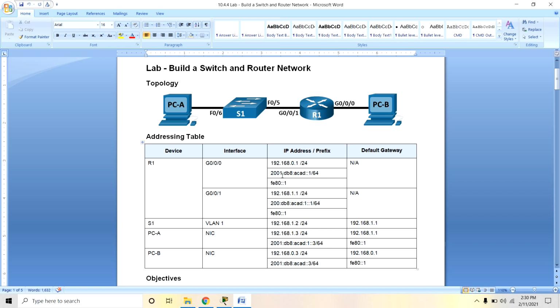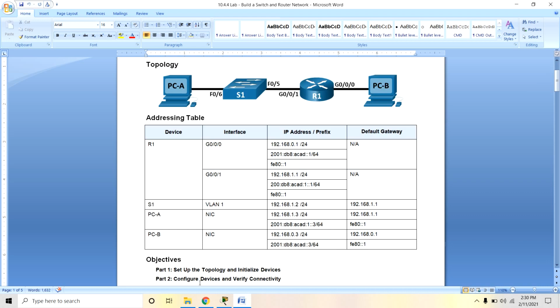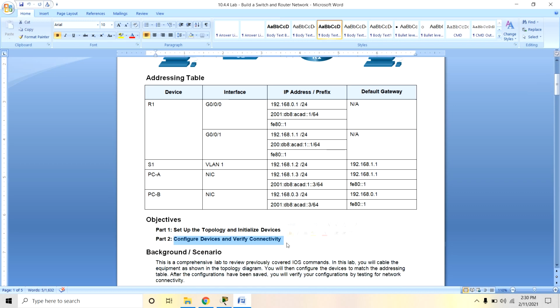After the devices have been configured and connectivity verified, we are also using inter-network operating system commands to retrieve information from the devices to answer the questions. So the first part is completed: set up the topology and initialize the devices. Now configure devices and verify connectivity.